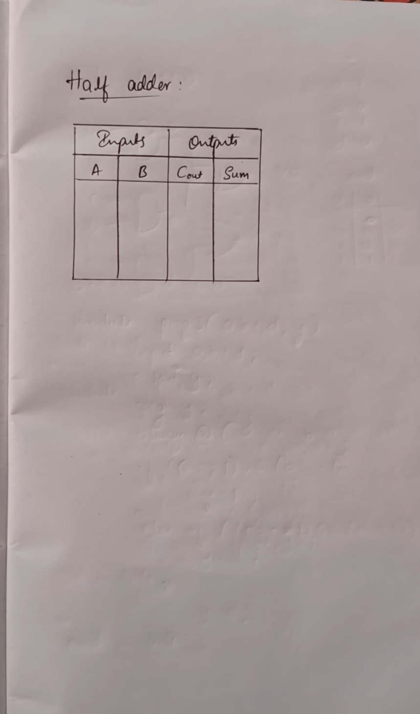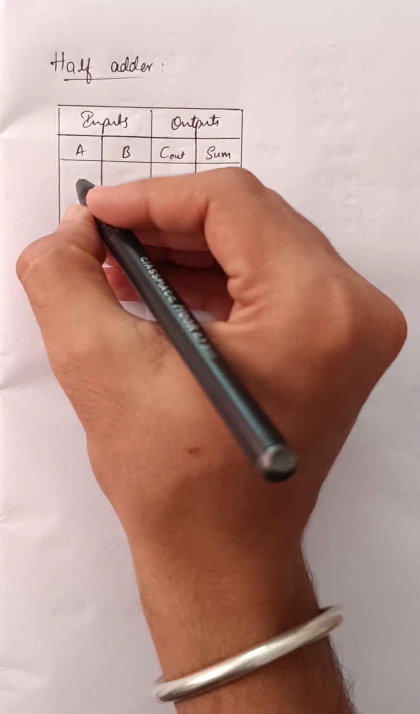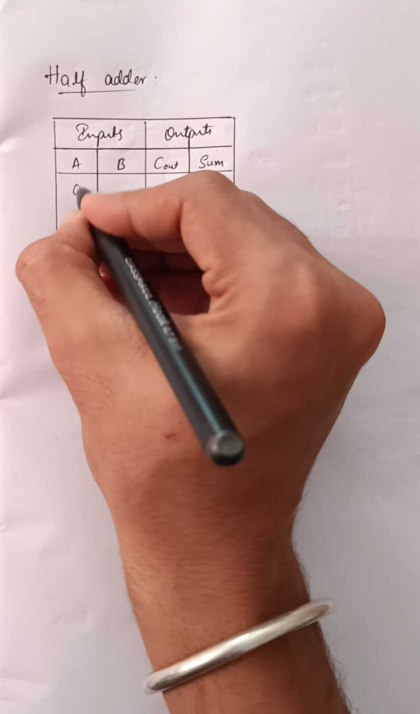Now we will discuss the half adder. Here the inputs are A and B, that is 00, 01, 10 and 11. Adding 0 and 0 we get sum 0 and carry out 0. Adding 0 and 1 the sum is 1, carry out is 0. Adding 1 and 0 the sum is 1 and carry out is 0. Adding 1 and 1 we get 2, that is carry out is 1 and sum